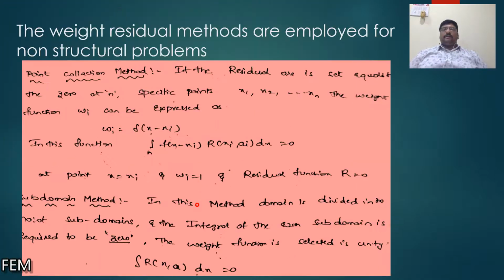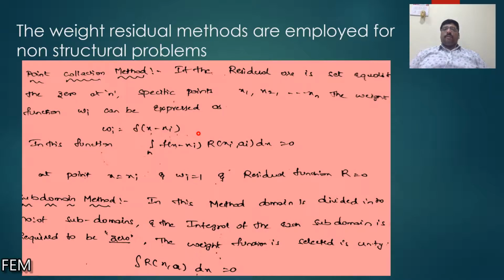Next, weight residual methods. In weight residual methods, the term includes the residual. Residual means error. Whatever the residual is, it is the function which can be minimized. There is a difference between error and residual: the residual term can be minimized, so the function will be minimized, but the error cannot be changed. So the function we are considering is going to be minimized to determine the solution.